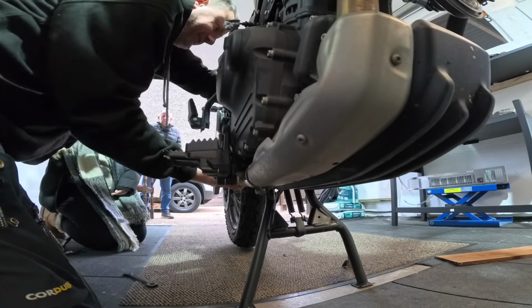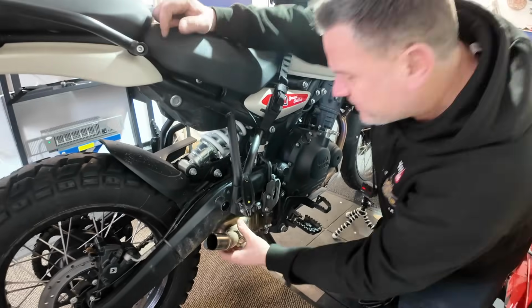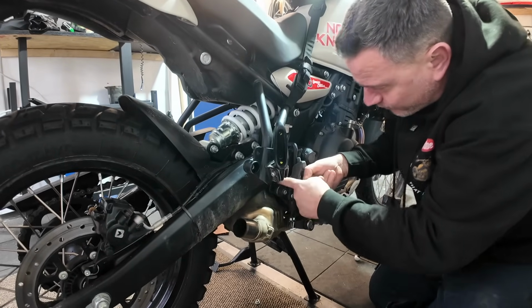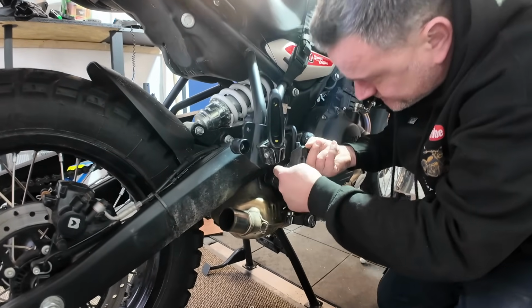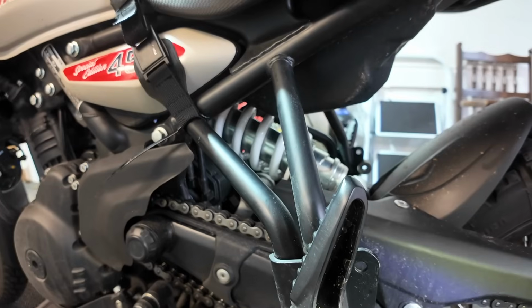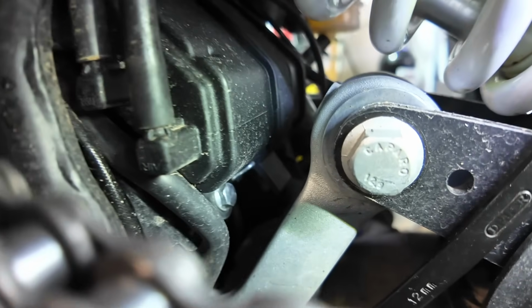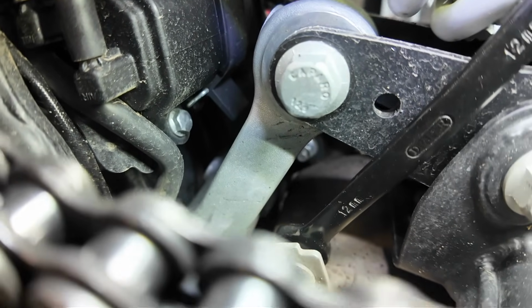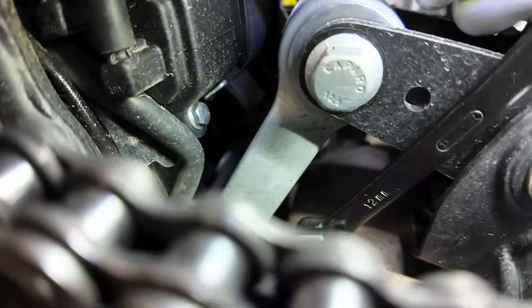That's the nut off. Okay, so we've got some movement there now. Just gives us a little bit of wiggle room now to get this side out. So you've just got one nut to take off the opposite side as well, and if we just get right in there with a light, you can perhaps see where I've just got that spanner on, and you will need